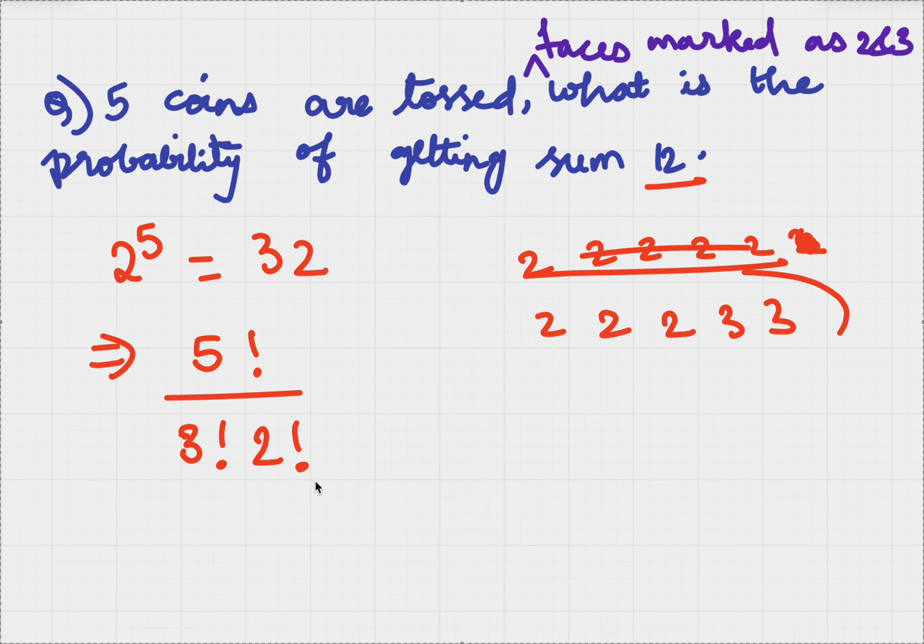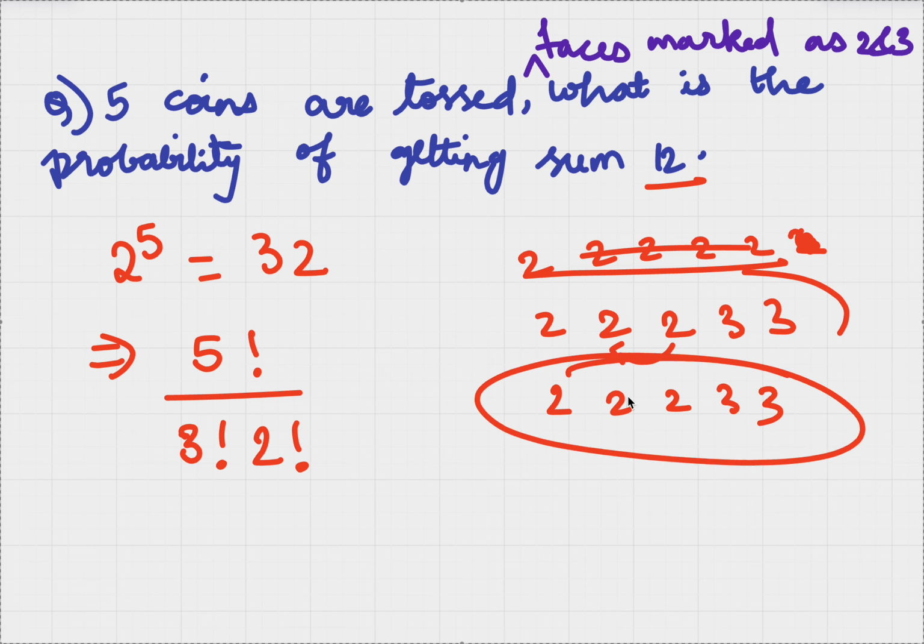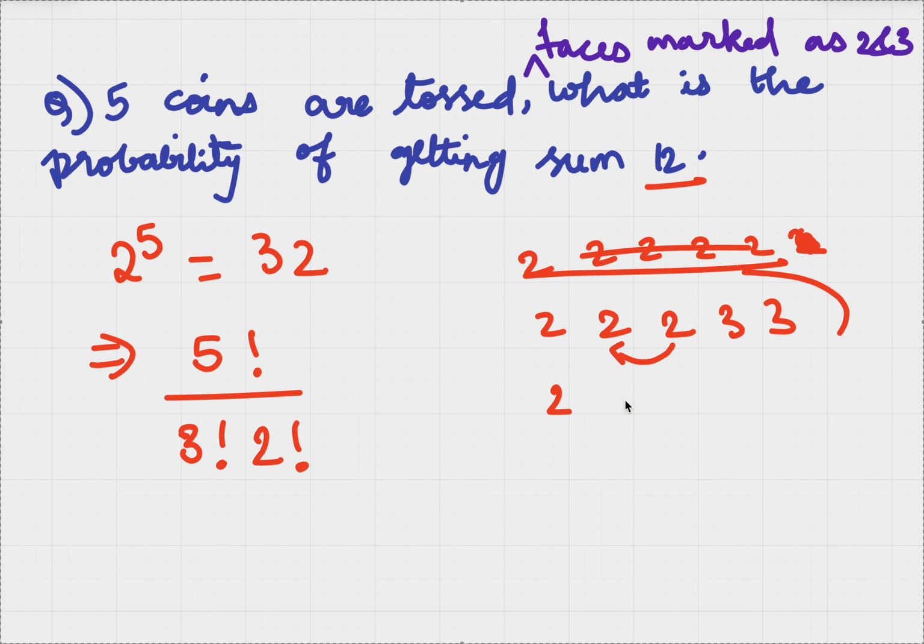Now why do we have to divide it like this? It is to avoid a case where we are permuting these two only. If I don't divide, it means that this 2 I am bringing here and this 2 I am bringing here, and we are counting this again. These repeated cases we have to avoid. So we divide by the number of times they get repeated. So this is the favorable count.